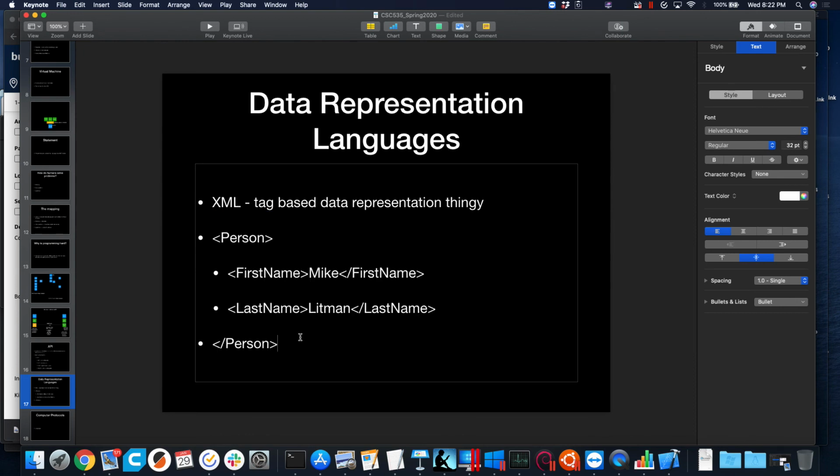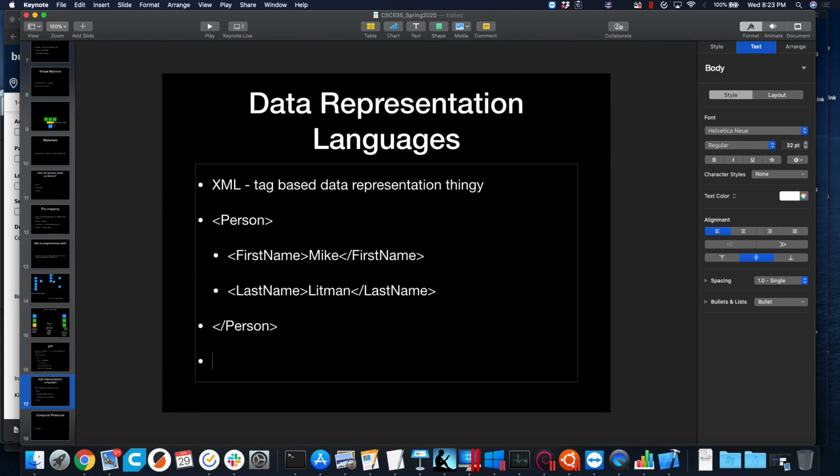Is it easy to read? Can you pick out that this is a person whose first name is Mike and whose last name is Lippman? Yeah, that's easy enough. How much data am I representing there? Mike and Lippman, two little pieces of data. How much crap have I written there to represent two pieces of data? A lot. So there's a lot of fluff with XML. It's not that it's not easy to read, and we might even say, who cares? We have plenty of storage. But it is not that efficient.